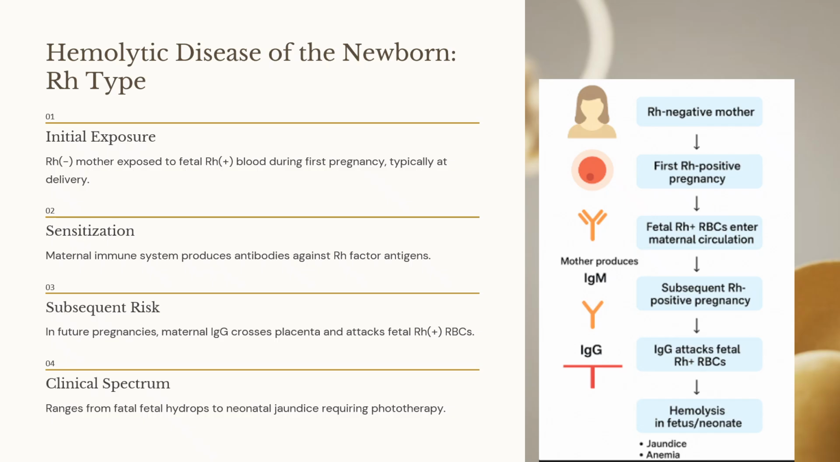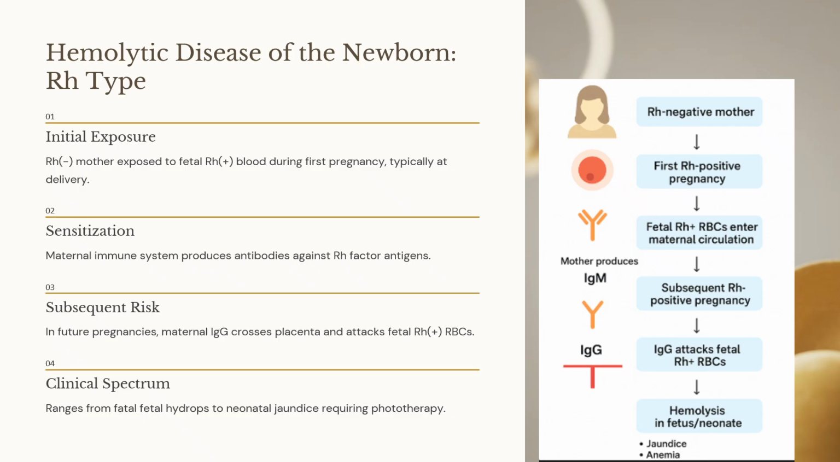Since it's a foreign antigen to the body, she will start producing antibodies. The first antibody that is produced is IgM and subsequently IgG forms. IgM is large because of its pentameric structure and it cannot enter the placenta. So the first baby which the mother is carrying in her womb is safe because the antibody cannot enter the